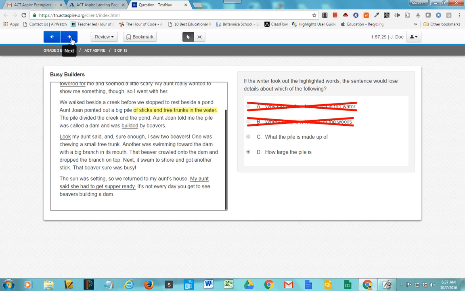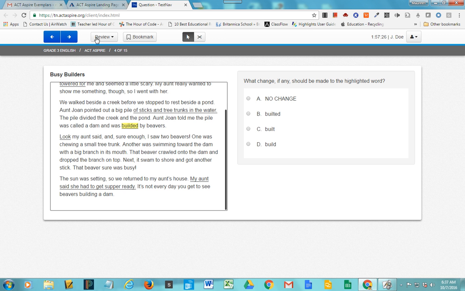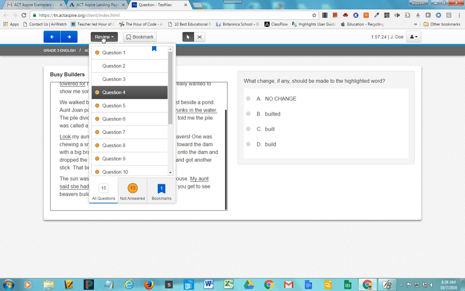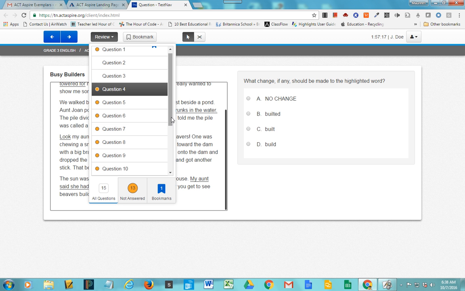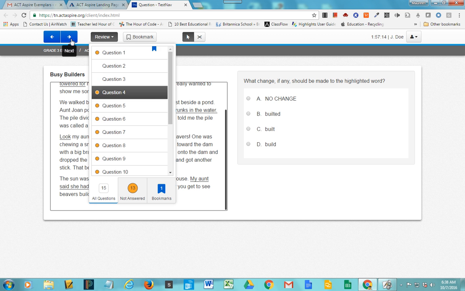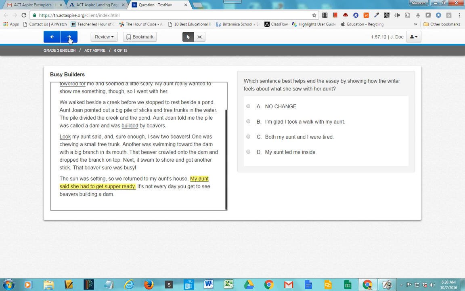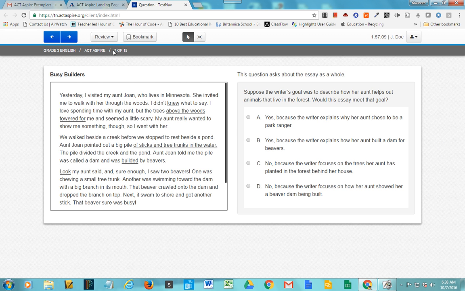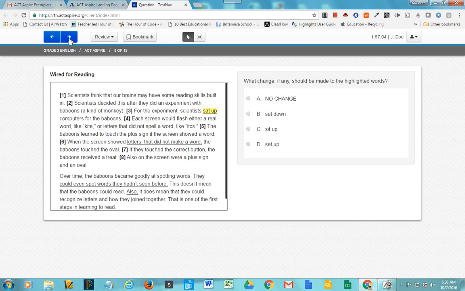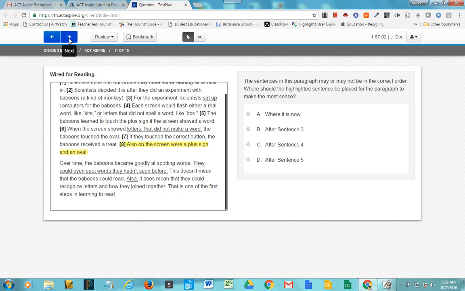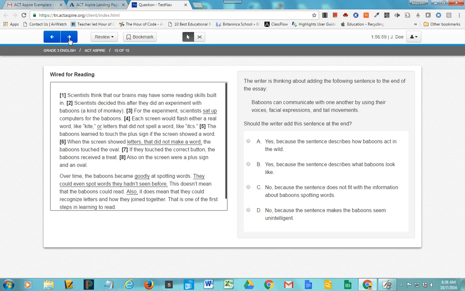All right, and then they would move to the next page, and again they can constantly review to see which ones they've answered, which ones they haven't answered, and it will tell them at the bottom where they're at. Okay, so when they get to the end, let me just go to the end of all of these, and they can see on the top what page they're on and how many they have left. So they'll be able to go through that, and let's just see what happens at the end here so you know. All right, so we're on 15 of 15,